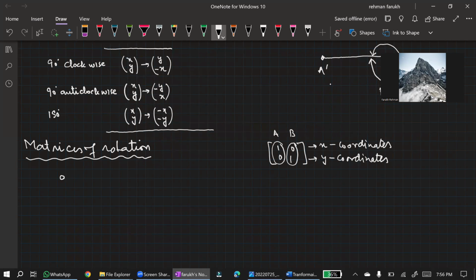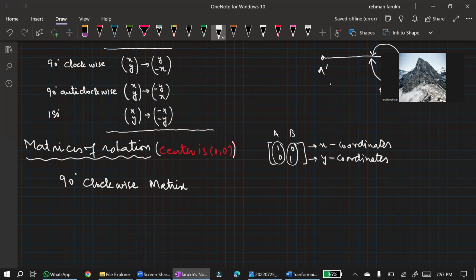Now for 90-degree clockwise, the center should be 0, 0, the origin, to use these matrices. For 90-degree clockwise rotation, the matrix is,